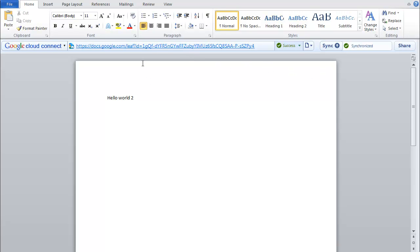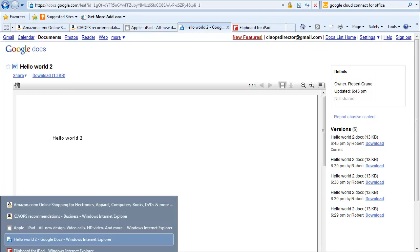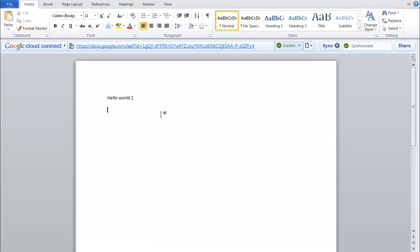As you see, I've got a document here and it's already synced up with this location. So if I go out and visit that location here, you'll see that the document is exactly the same as I've got on my screen. But now if I go back to Word and add some more information,